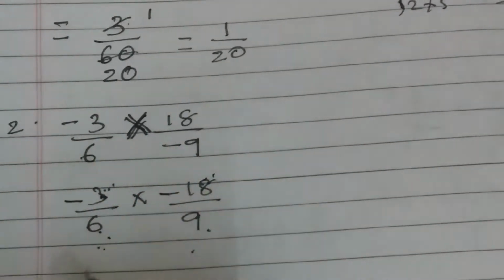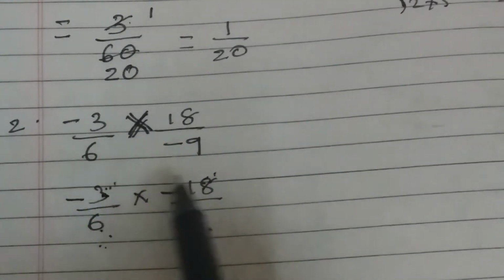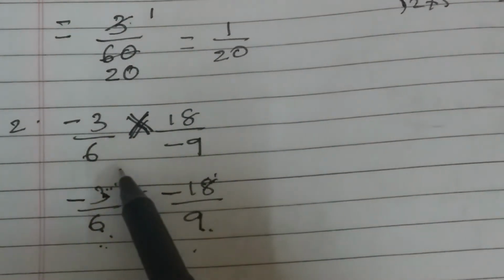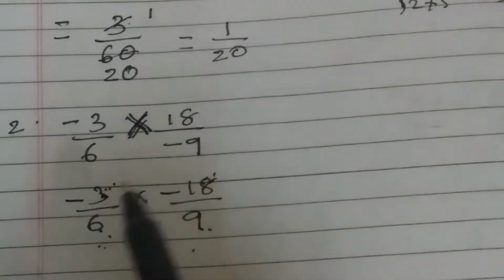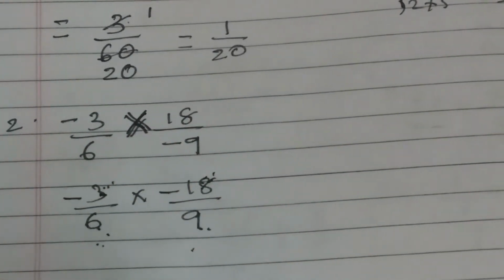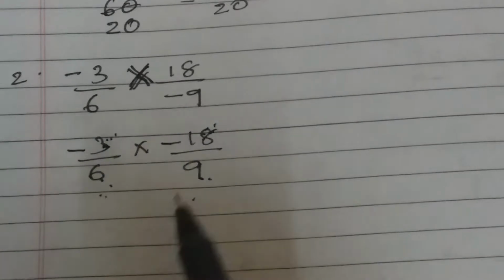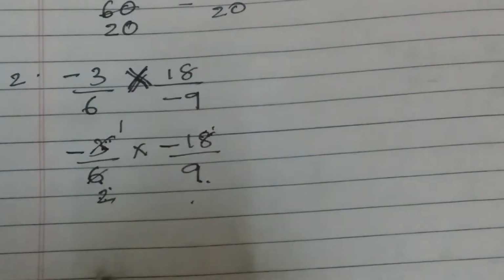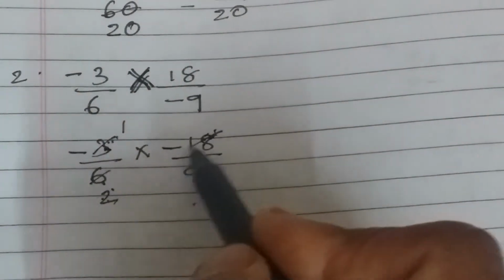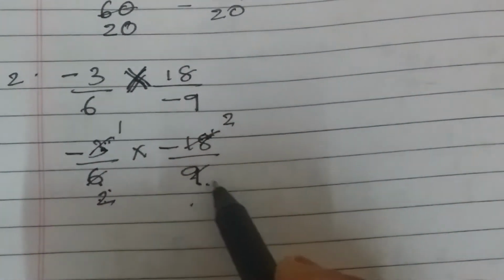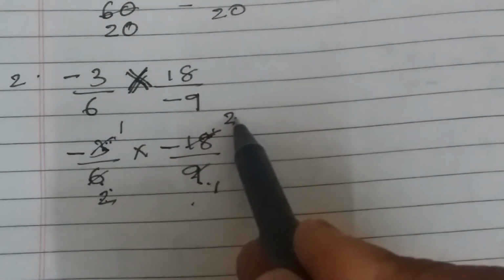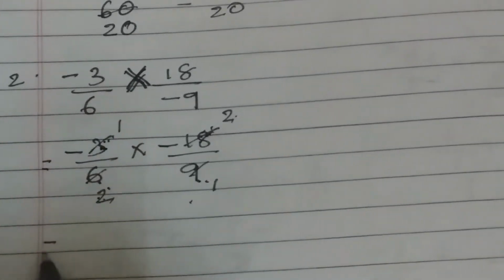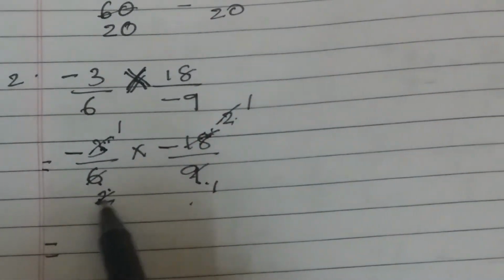But actually the sum is multiplication. You multiply both numerators, multiply both the denominators. And cancelling can be done only with a numerator and a denominator, because the operation between a numerator and denominator is only division. Only they can be cancelled. So 3 and 6 both come in 3 tables: 3 ones are 3, 3 twos are 6. 18 and 9, yes, they come in 9 tables: 9 twos are 18, 9 ones are 9. Now check, this here is a numerator, this is a denominator. They can be cancelled if they have a common factor. So 2 and 2, 2 ones are 2, 2 ones are 2.